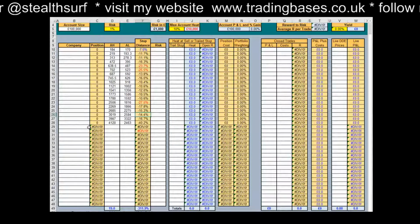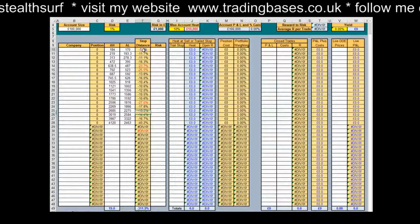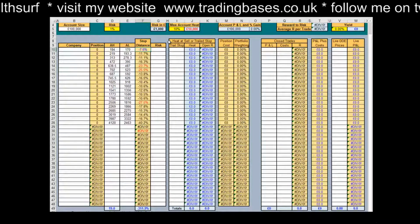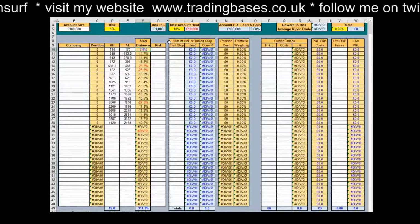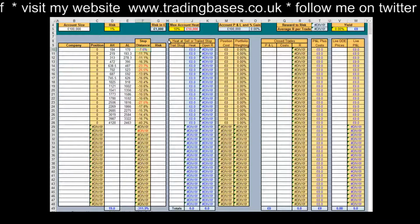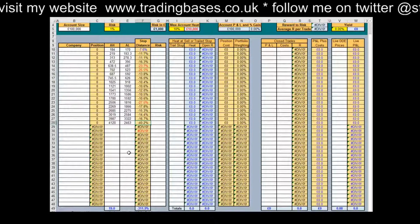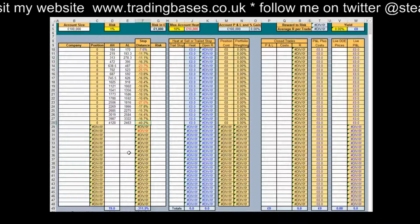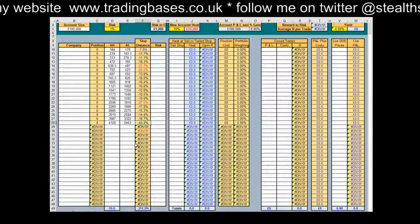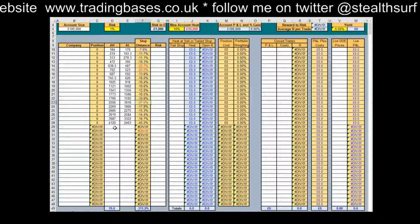I mean, what is overwhelmingly obvious here is that in one of the most orderly outlying trends in the UK market of recent times, a stop loss of 10% will not cut it. It just won't work. A stop loss of 40%, and this is where it actually did end, on that last pullback there, well, that's too much. 27.5%, maybe, but